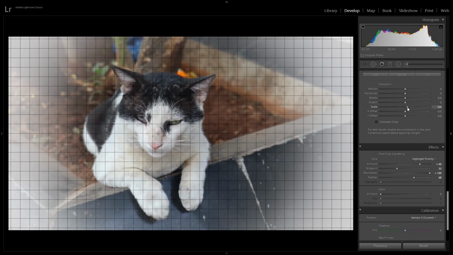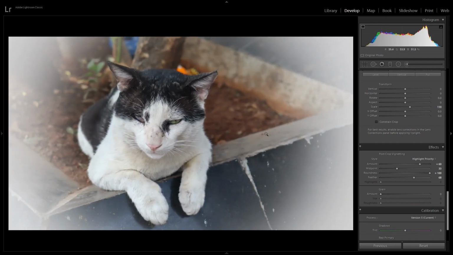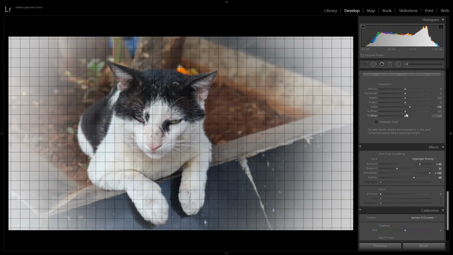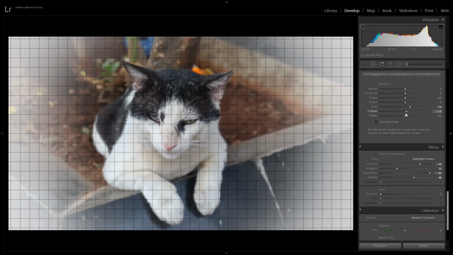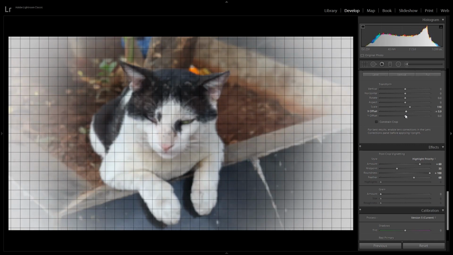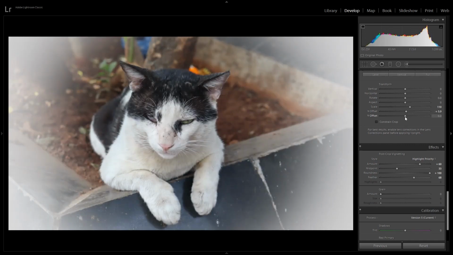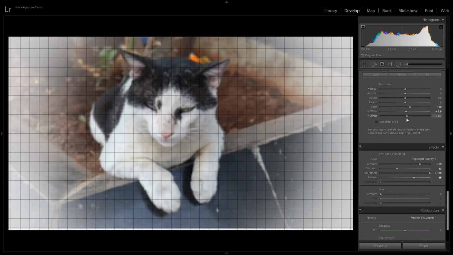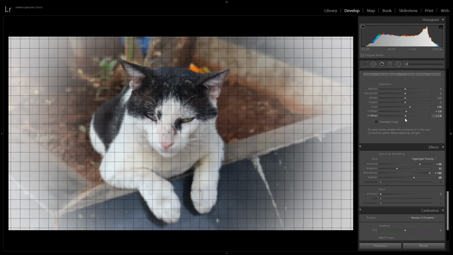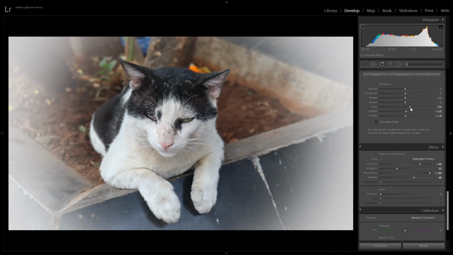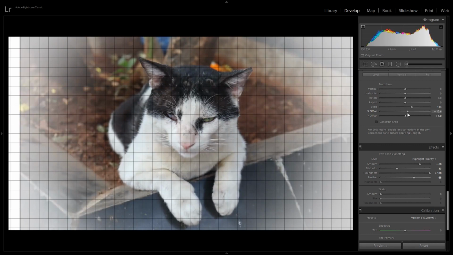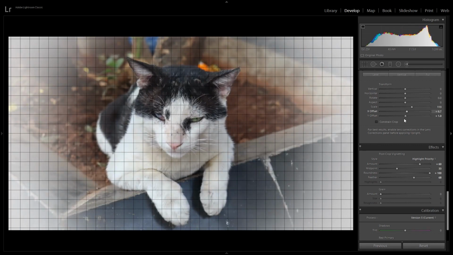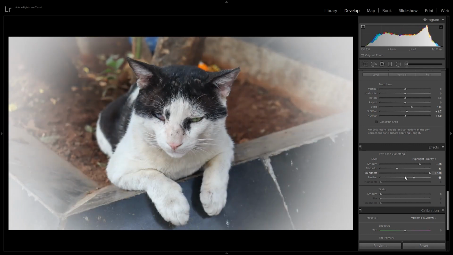Also, vignette is helpful when you apply it with the transformation properties. So you can zoom in to make your image scale out. You can change the offset value or crop your image. You can scale it larger or make it smaller. You can change the aspect value, the aspect ratio. You can also rotate your image. These are transformation properties, and a vignette could help you grab attention to the section of the photo that